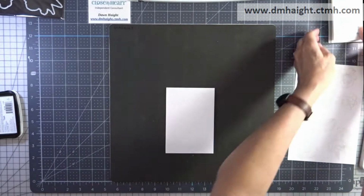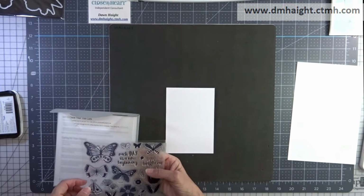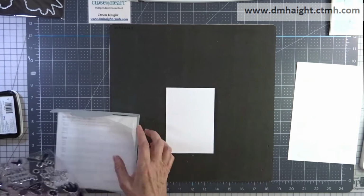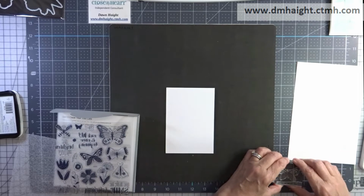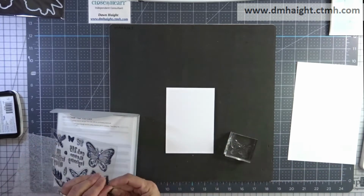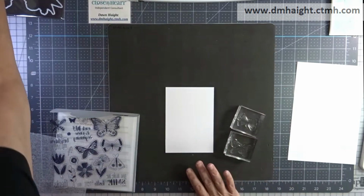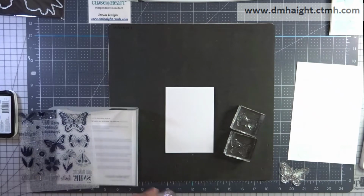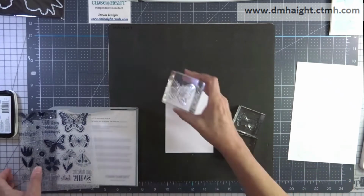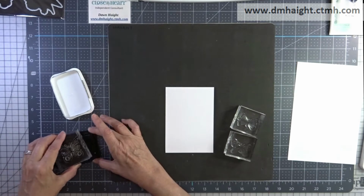Okay, so I'm flipping my Versamat over so I can stamp my butterflies, and I'm just picking out which images from this set that I want to use. There's lots of butterflies to choose from. I'm going to stamp these in black so that the butterflies are a little more intense and draw your eye a little bit more, and then the floral images will be in the background. So I'm going to stamp these in black,